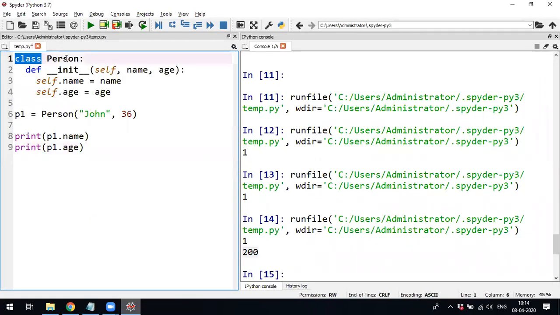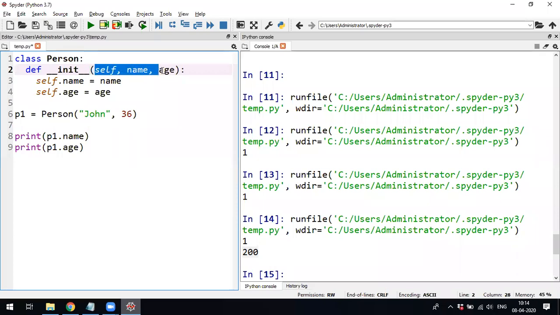The class is Person. The class name is Person, colon. Since this is a function, it starts with def, then double underscore. It's not a line, it's an underscore underscore init underscore underscore.